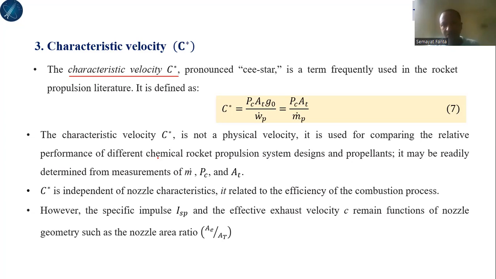So C star is independent of nozzle characteristics, but it relates to the efficiency of the combustion process. So the specific impulse Isp and the effective exit velocity C